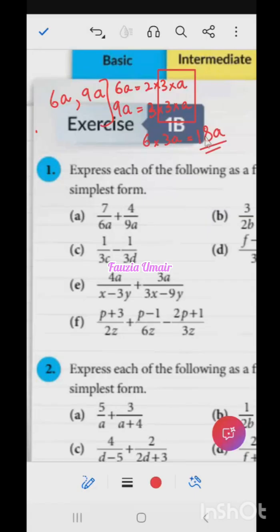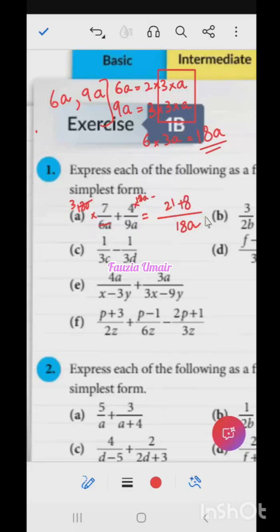इस तरह LCM निकालें, या फिर आप यूं कर सकते हैं कि 6 और 9 का LCM we know is 18. So a is common in both, so a will go as it is. So you will write down 18a in the denominator. आपने याद रखना है, when we add two fractions, most of the time the answer is also a fraction, so ये 18a fraction में रहेगा, ठीक है. So now you can see, multiply both terms with 18a just to see what is left. ये 6 से कैंसिल हो जाएगा, 6 3s are 18a, so 7 3s are 21 will come here, और यहाँ पे अगर आप देखो, so it will be 4 2s are